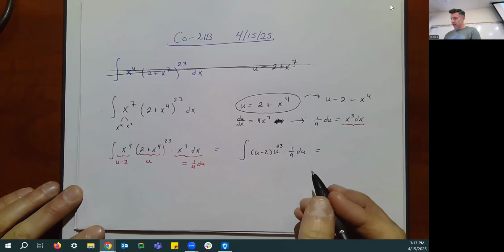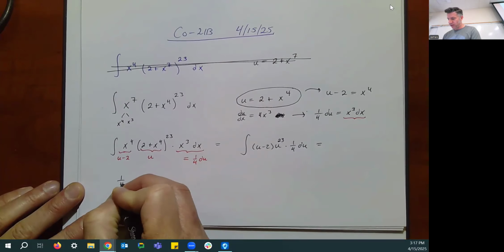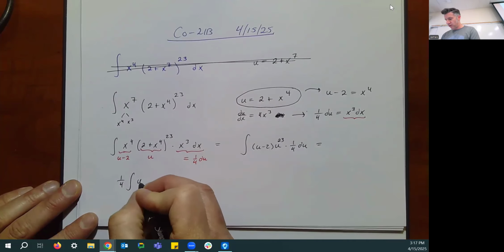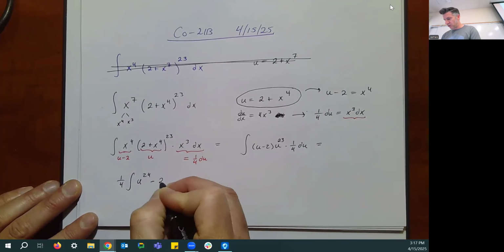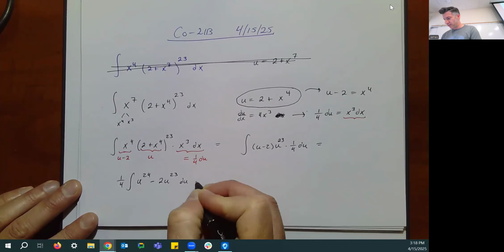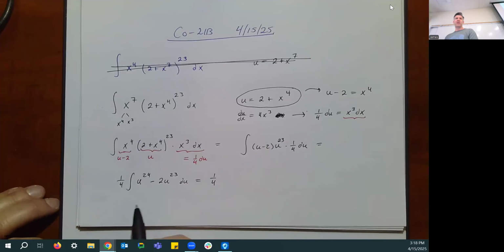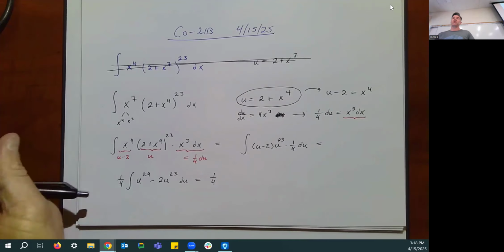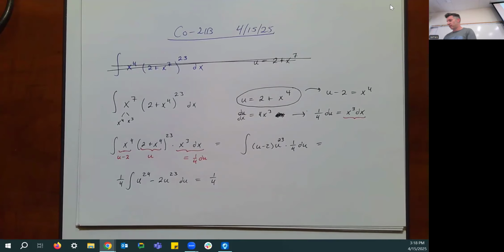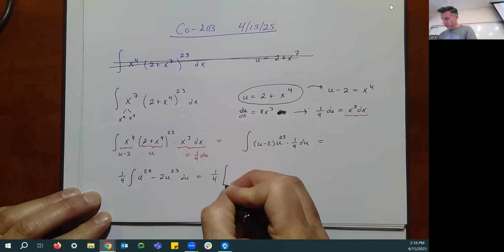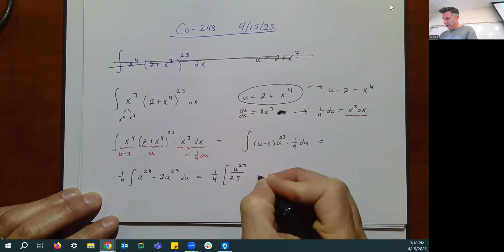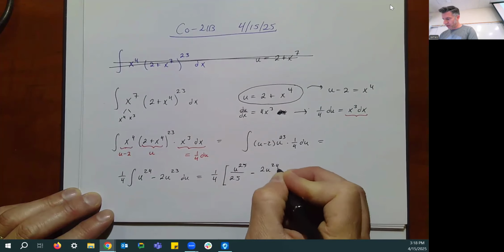I would do 2 things next. I would pull out the constant multiple of 1/4 in front of the integral, and I'm going to distribute the u to the 23rd to the u minus 2 and get u to the 24th minus 2 times u to the 23rd. Now we're going to integrate each term. There is no reason to break this up into 2 integrals. I know there was one of the problems where he broke it up into multiple integrals. It's really not a necessary step usually, but it's certainly not disallowed. I just don't see the point. So integrating these, we get u to the 25th divided by 25 minus 2u to the 24th divided by 24